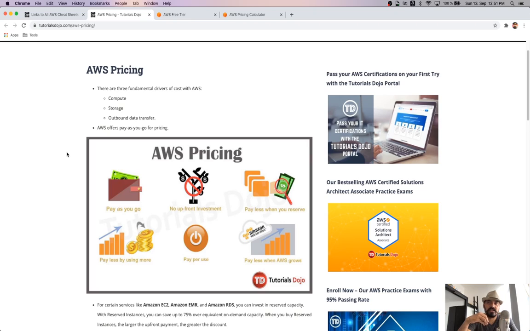Because the amount is more, you will get a prorated discount on that amount. So that's one thing which works fine for the customers.